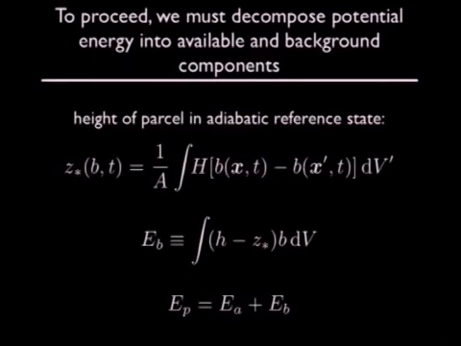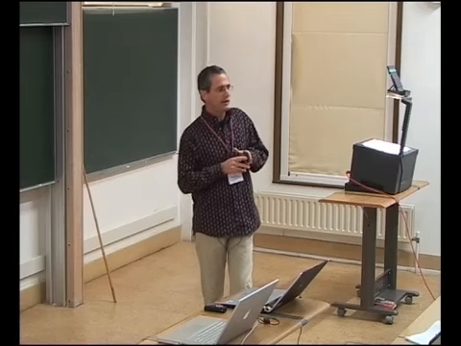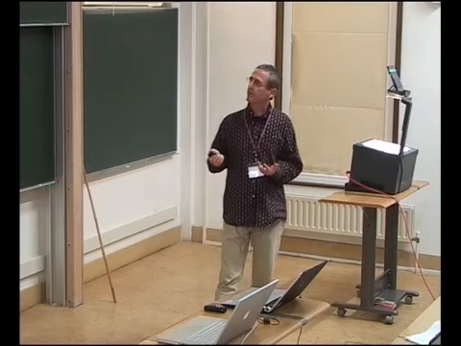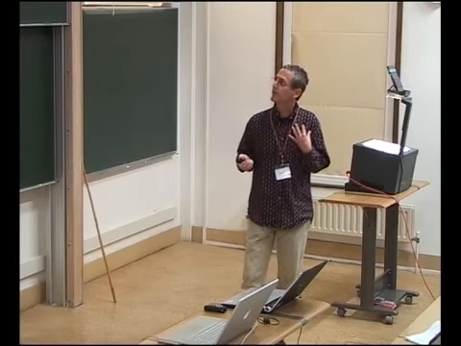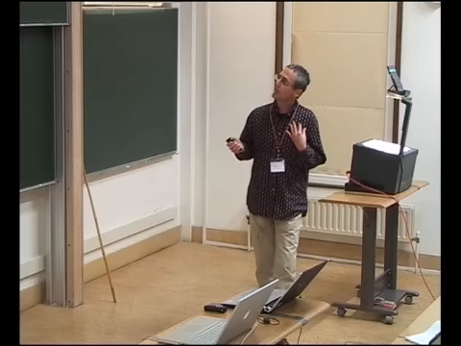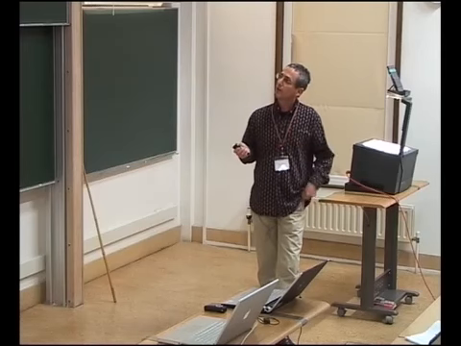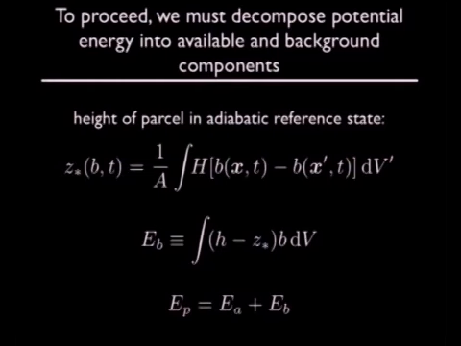I'm going to pretend that I'm a parcel in this fluid and I have some buoyancy B. What I'd like to know is, where do I live after we adiabatically restratify this fluid and put all the heavy parcels at the bottom and the lighter parcels at the top? If I'm a parcel, where do I live in that distribution? Well, I can write the answer to that formally quite simply. If I'm a parcel with buoyancy B, I'm simply going to scan the rest of the volume, and I'm going to look for all parcels that have